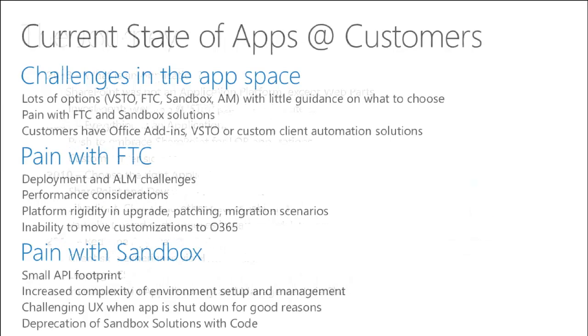So if we take a look at understanding, the application model's new, it's here to stay, that's terrific, but we also understand as Microsoft that there are challenges in the customer space, right? So many of us, once you return to your day jobs after learning about the application model, you're all jazzed up to write your app model, you realize that there's this other stuff out there that you already have. So for customers that are on 2007, 2010, and adopting 2013, if you take a look at your stack of applications, you probably have any combination of these technologies: Visio, full trust code, sandbox solutions, and maybe some apps that use the app model. But there's little guidance on how to choose the right solution and then when to migrate.